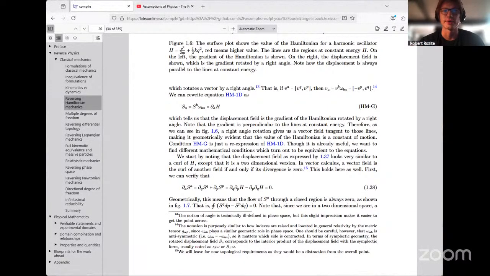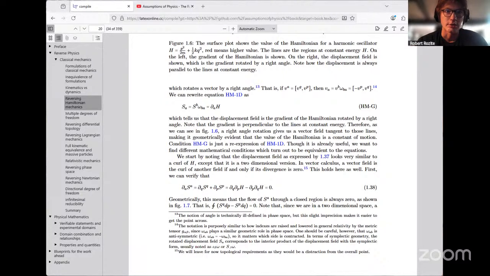How indexes are raised and lowered in general relativity by the metric tensor, since omega_AB plays a similar geometric role in phase space. One should be careful, however, that omega_AB is antisymmetric: omega_AB equals minus omega_BA. So it matters which side is contracted. In terms of symplectic geometry, the rotated displacement field S^A corresponds to the interior product of the displacement field with the symplectic form, usually noted as